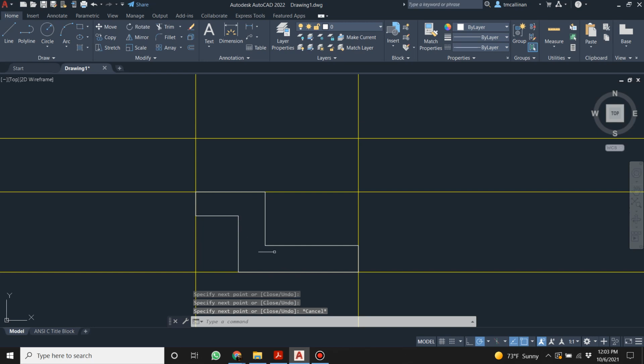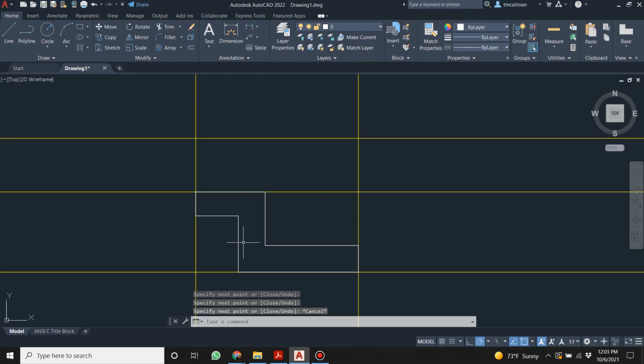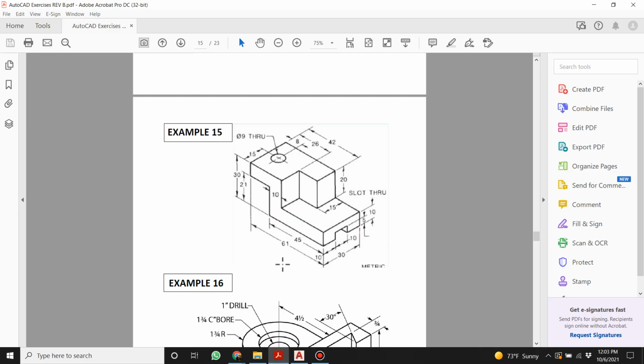So there's the Z shape. That's what we would see if we were looking dead on from the front. 2 dimensions. Now,